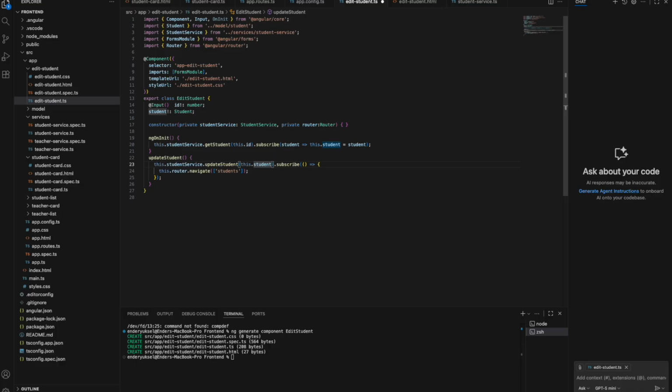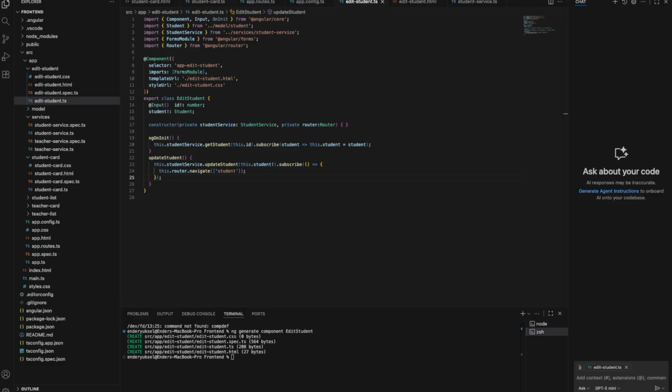After making sure that the updateStudent method is correct, and that we are routing to the students page, we can save all the unsaved files that we modified and then go try the